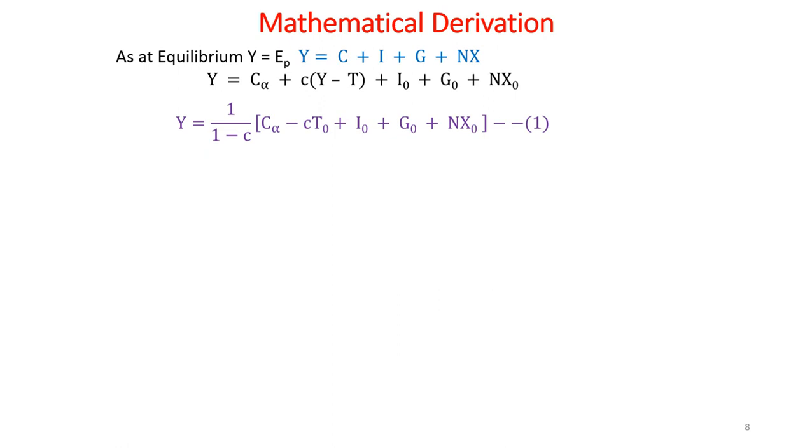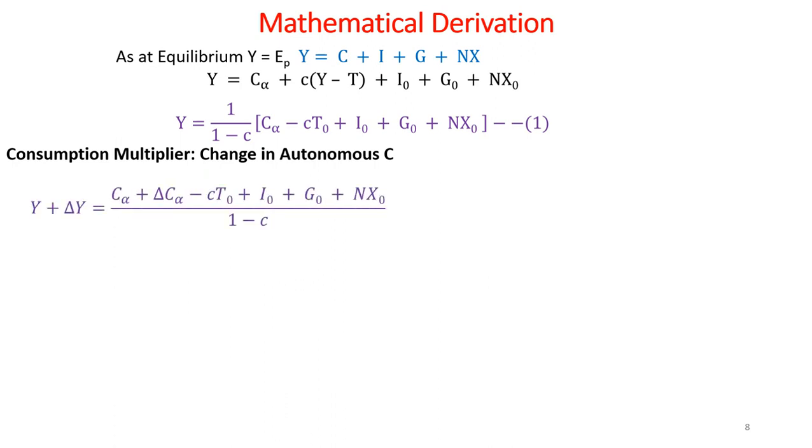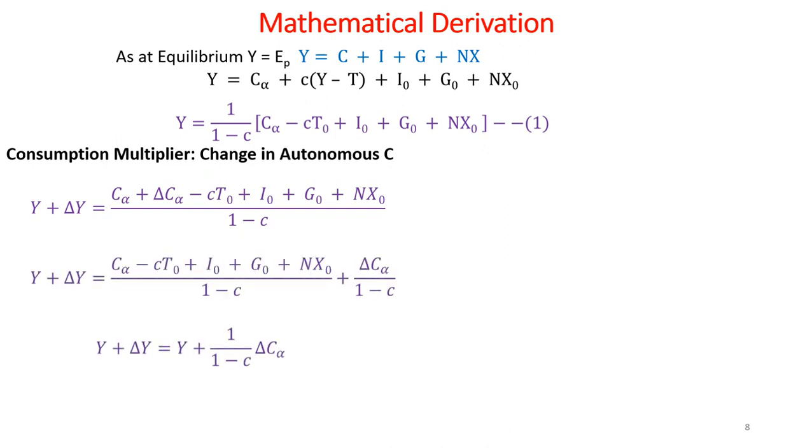Now let's assume there is a change in autonomous consumption which results in changing the national income. So the equation 1 changes to, we can simplify it as, and cancelling from both sides we have, and the multiplier is